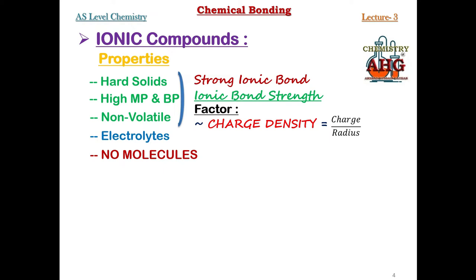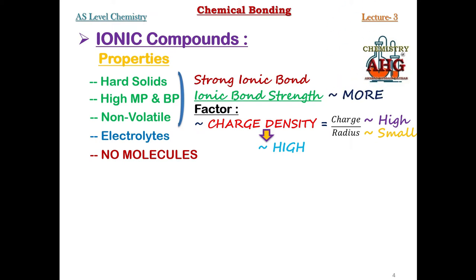Now, what is the relationship that you can remember between charge, radius and charge density? It is a very simple relationship. Simply remember, if the radius of an ion is small and charge is high, the numerator is high. So what does this mean? The charge density of that ion would be high. And whenever the ions of an ionic compound have high charge density, that ionic compound would have more ionic bond